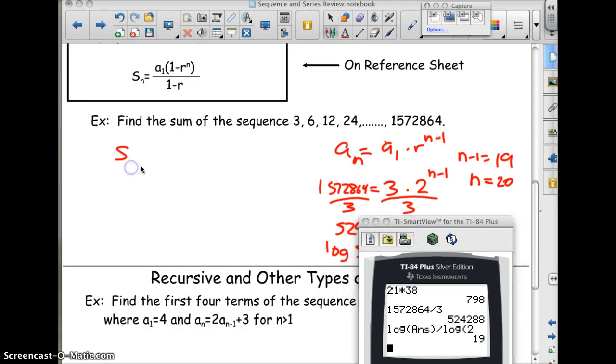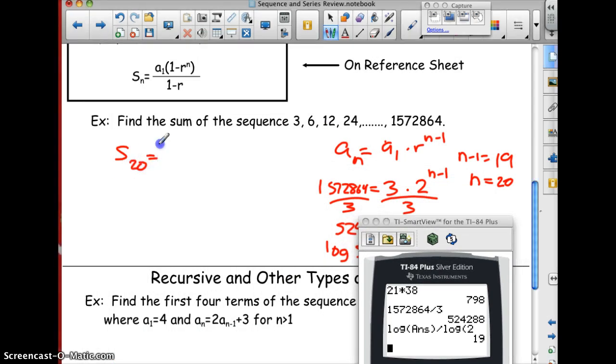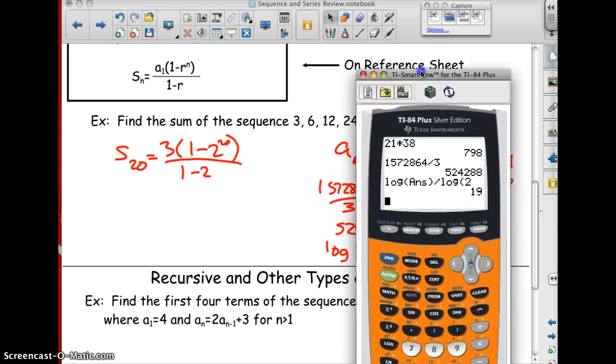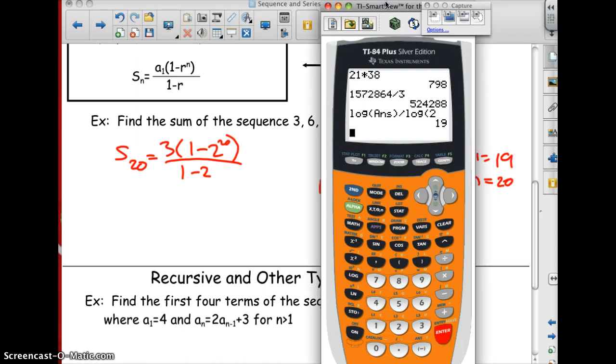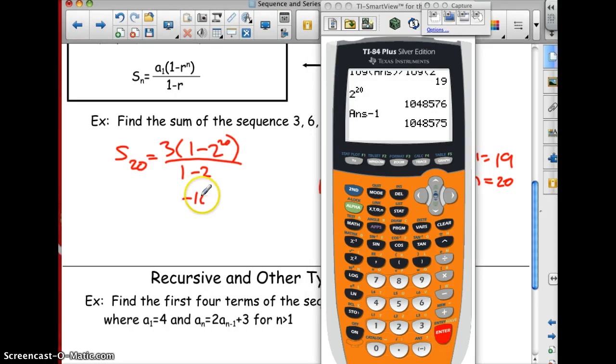S sub 20 equals 3 times 1 minus 2 to the 20th, all over 1 minus 2. 2 to the 20th is that number, and I'm going to subtract that from 1, and I get negative 1,048,575. And I multiply that by 3, and I divide that by negative 1. And it is going to give me